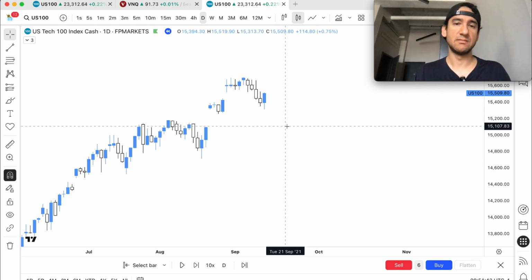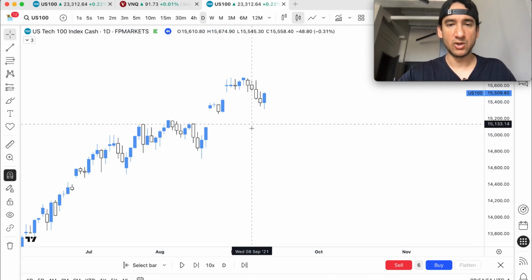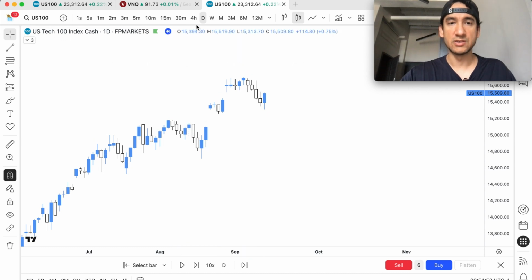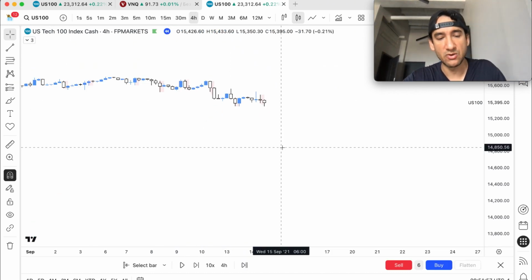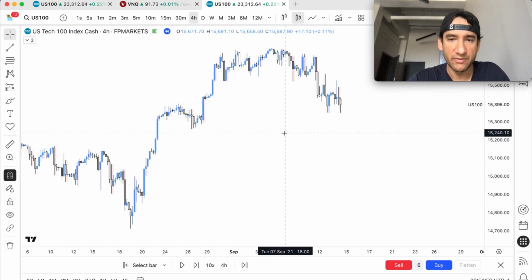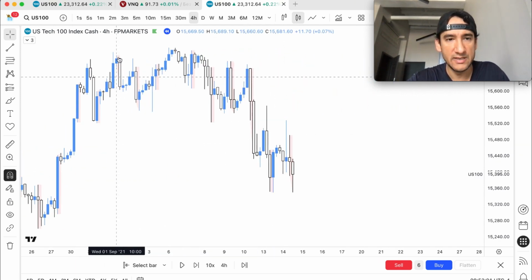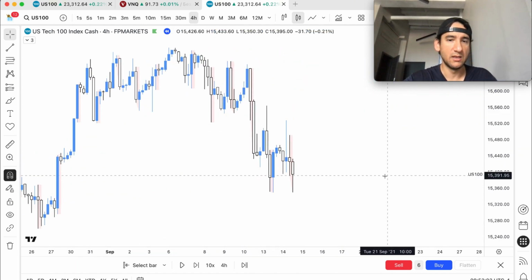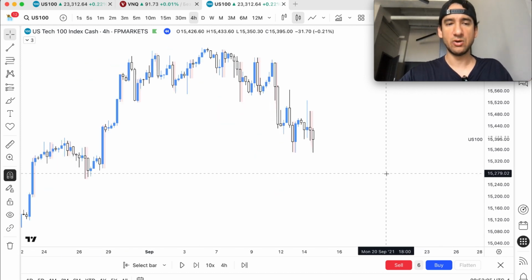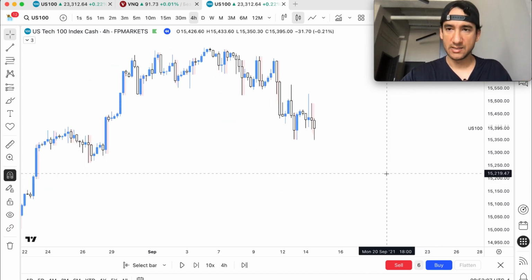The daily can take a long time, right? But if you want to do what's called intraday trading, you can go on the 4-hour and anything lower, right? But the 4-hour would be a good start, I think, to see any highs and lows, structural movements. So let's go on the 4-hour, and you can already see off the bat that there are highs and lows, right? Now the key element here is to look at where liquidity is, right? This is how we always do it. Where liquidity is, where previous highs and lows are,